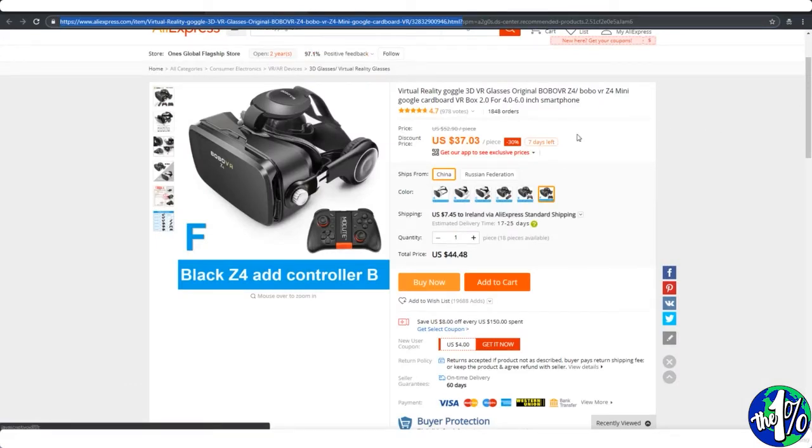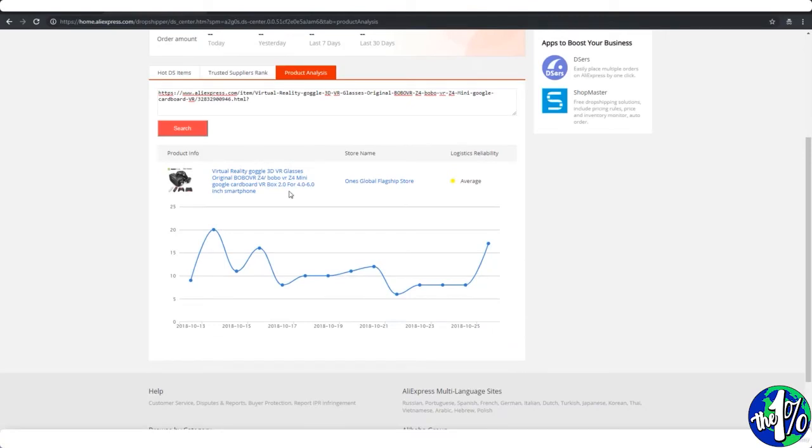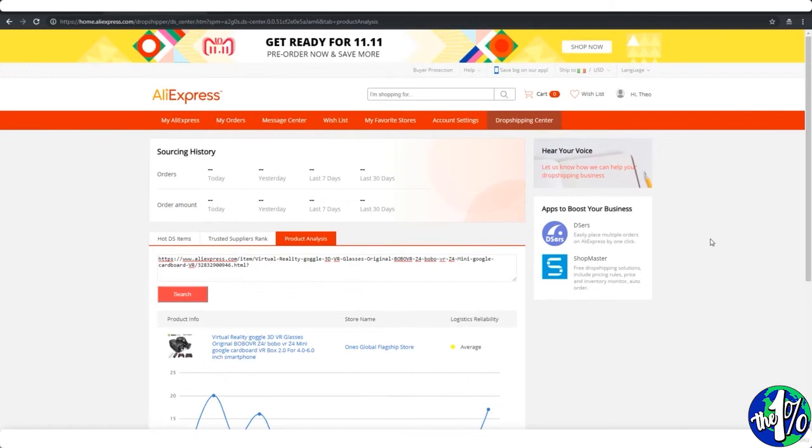We can tell it's had a lot of orders and we can tell it's had a lot of reviews and ratings, but we can't tell when those orders were placed. Whereas here with the product analysis feature, we can see just how popular this product is right now, and that's really useful. Okay, now we're going to move on to the next lesson where I'm going to show you Shopmaster,